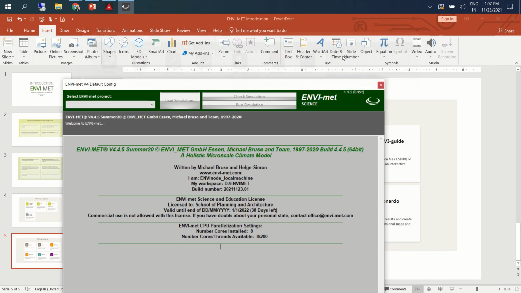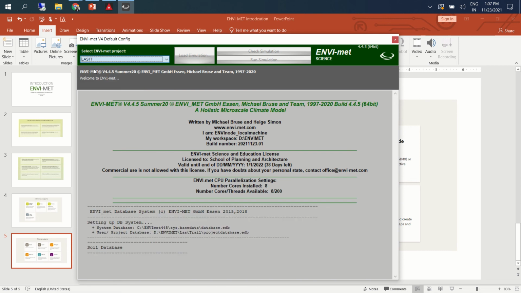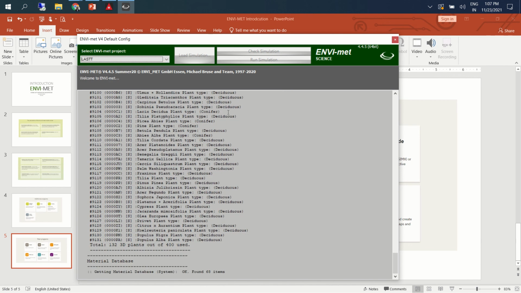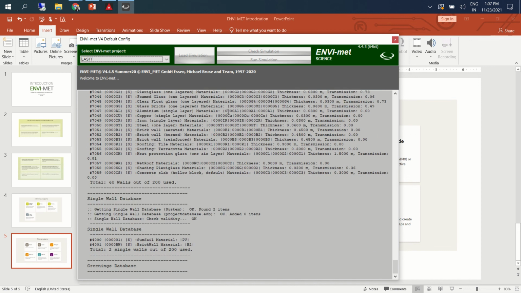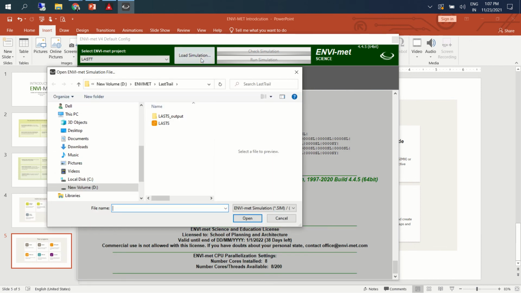Once both files are done and the output is generated, we can come here and it will take you to the same folder where you have worked. I'll just click here, load simulation. This is the SimX file that I have created.